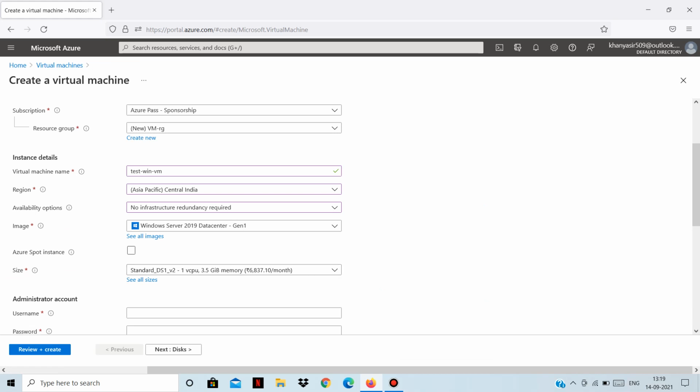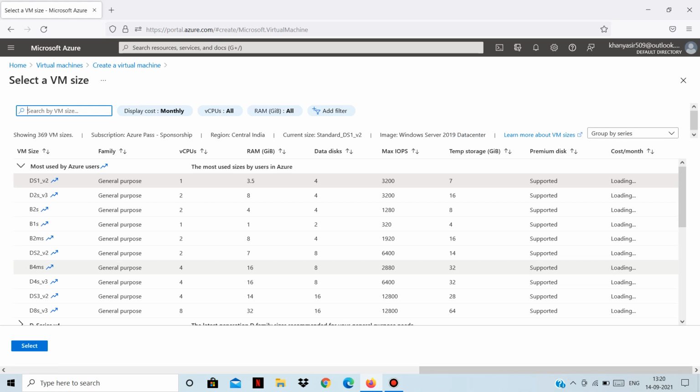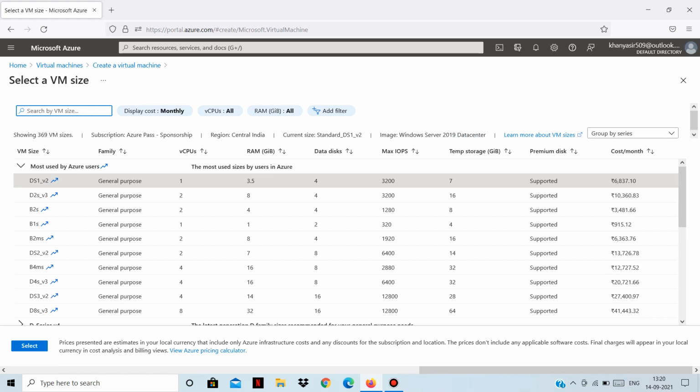There are various categories available. So let's see. We can click on see all sizes. As you can see, there are lots of sizes available. The S1 V2, which provides us with one CPU, 3.5 GB of RAM. Okay, and then the various other factors: IOPS, how many data disks they can support, what is the type of disk they can support, whether they support premium disk or not. So it's supported in most of the series here. As you can see, the D2S V3 provides 2 vCPU and 8 GB of RAM, and